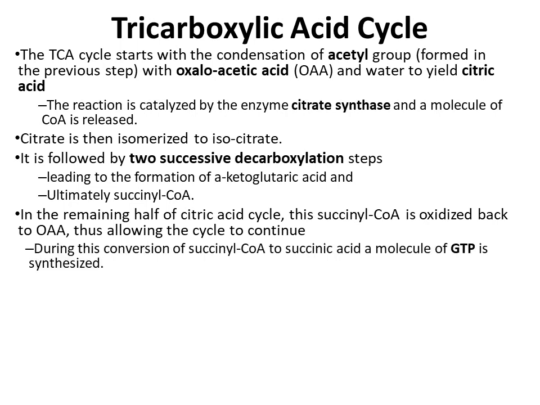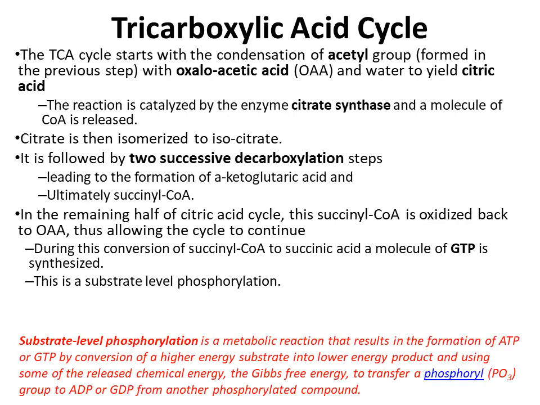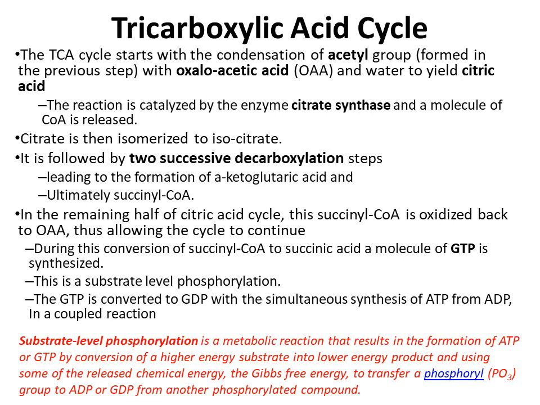During this conversion of succinyl CoA to succinic acid, a molecule of GTP is synthesized. This is substrate level phosphorylation, which means that a high energy substrate is oxidized to a low energy substrate and the released energy is used for GDP to form GTP. It may be ADP to ATP. All other ATPs are formed while the electron is being transferred through the electron transport chain. Here the GTP is formed while oxidizing a high energy substrate to a lower energy substrate. So GTP is formed here.